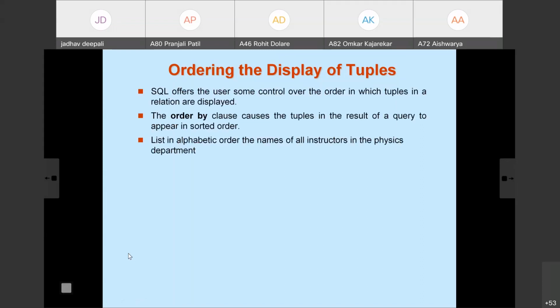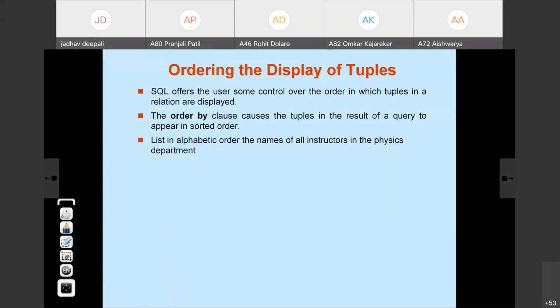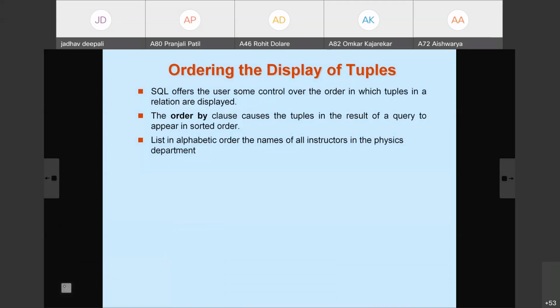The order by clause causes the tuples in the result of a query to appear in sorted order. Suppose we want to display any particular attribute in sorted order, the order by clause is used. For example, list in alphabetic order the names of all instructors in the physics department.